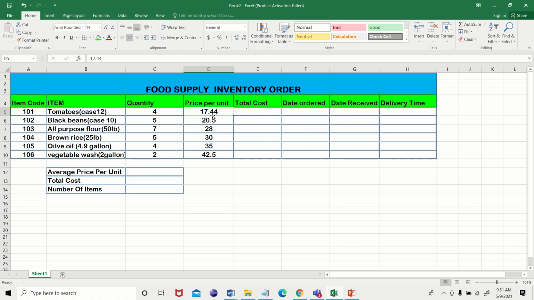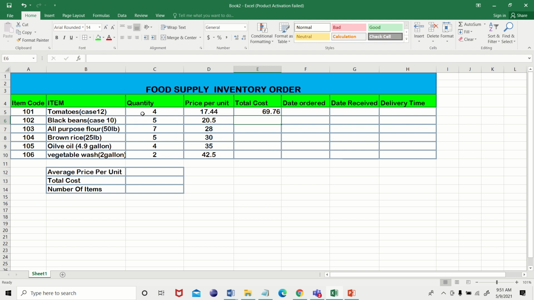What is there in cell C5 multiplied by D5? For that, go to the formula bar, press equal, C5, put star, D5 and press enter. You will get your answer, total cost.